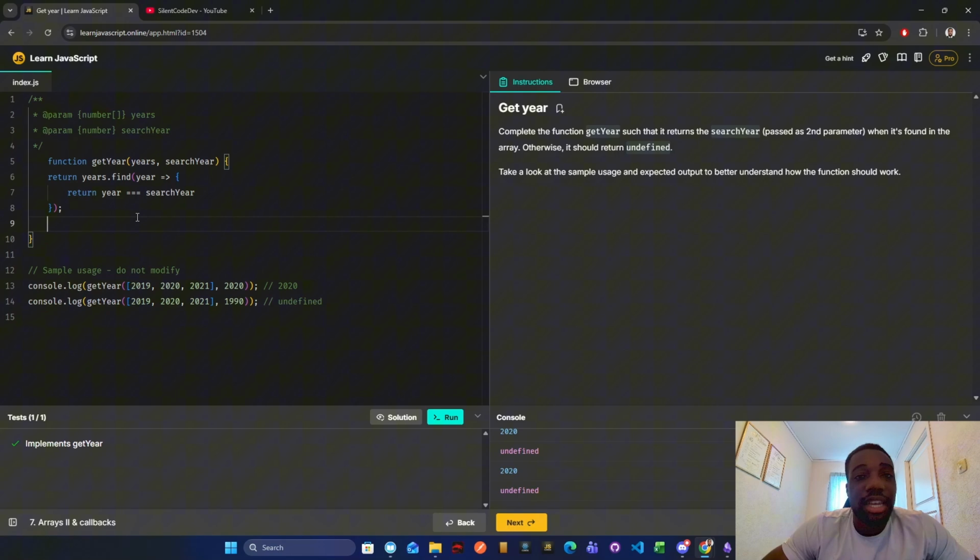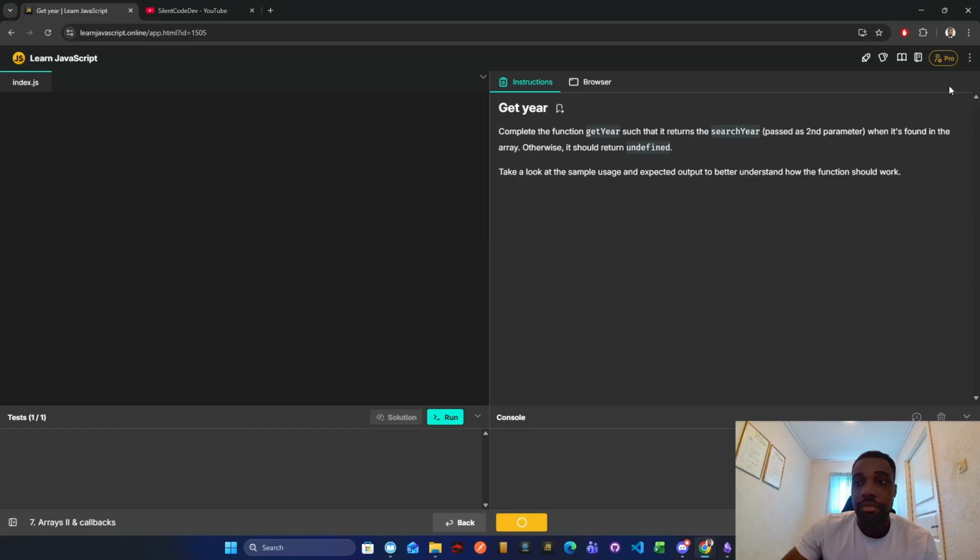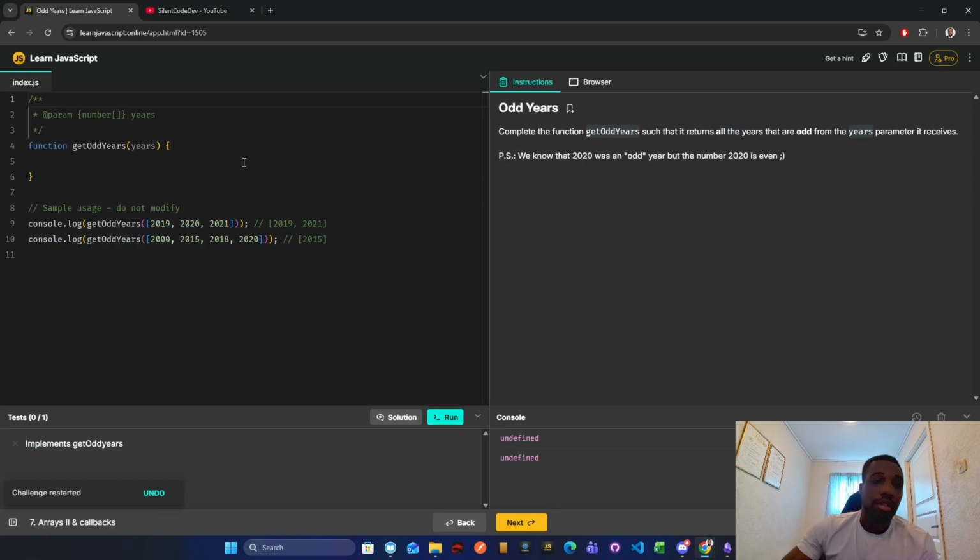So if the second parameter matches with the years, if it's found in the years array, we want to return that, right? So that's what we're doing. We're checking each year in the array, and we have a condition saying to return the year that matches with the second parameter. Okay, I get it now. I don't know why that confused me, but all right. Now we have getOddYears, and we know that